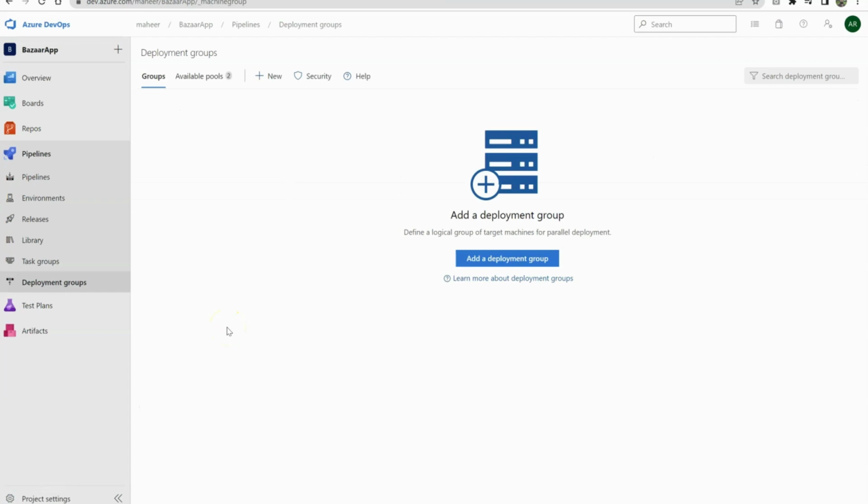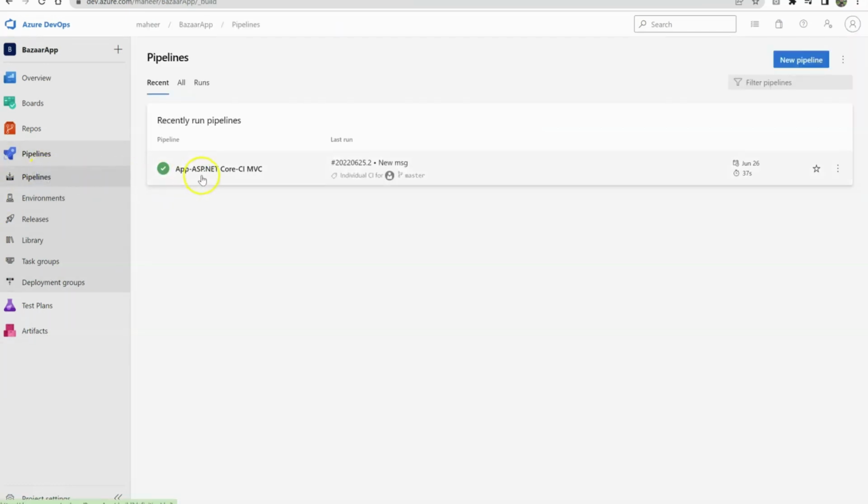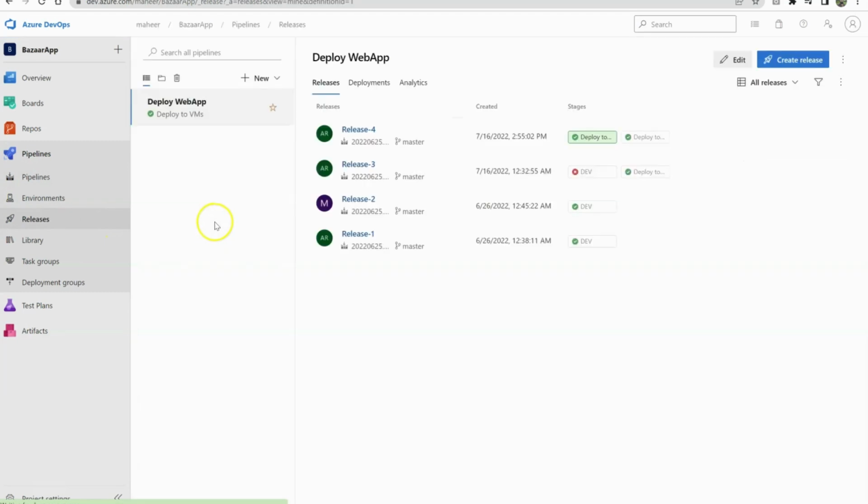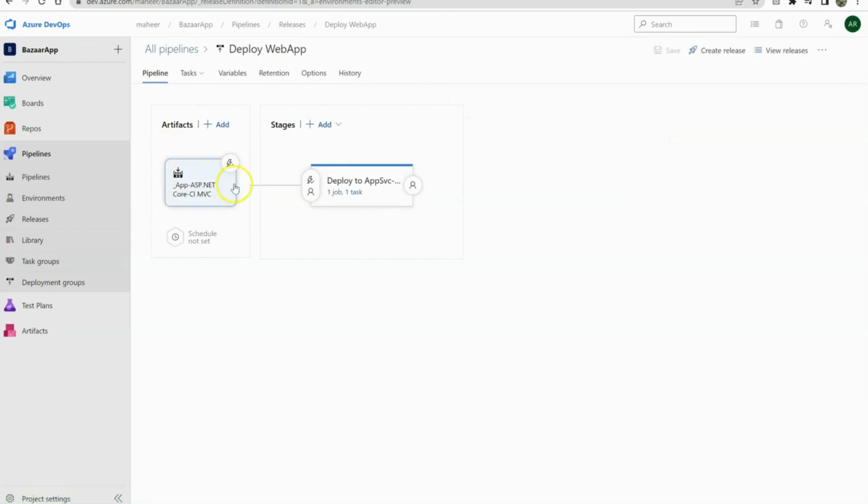Now go to your Azure DevOps portal where you have created your CI/CD pipeline, and if I click on the pipeline, that was the pipeline we created in the last tutorial, and at the same time try to create the release pipeline for this one. For the same, let me edit this one, and then you can see at the moment it is trying to